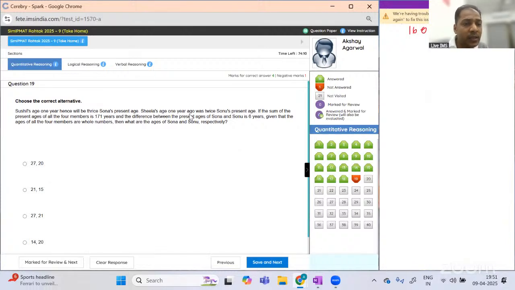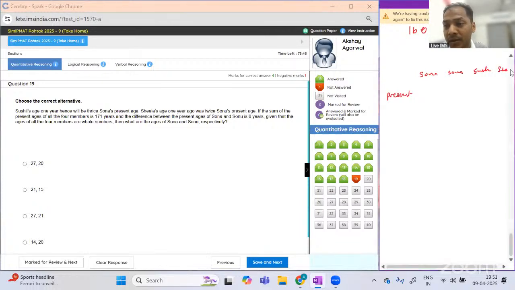Sunil's age 1 year hence will be thrice Sona's present age. I'll mark this for later. I think this seems to be a little lengthy. Then what are the ages of Sona and Sonu respectively? Okay, I have Sona and Sonu in the options. I have another, Sushil, and